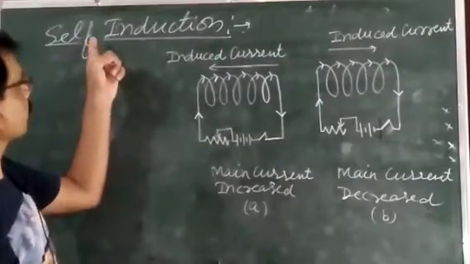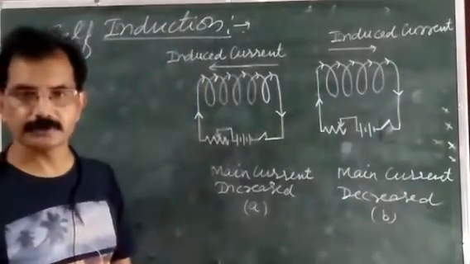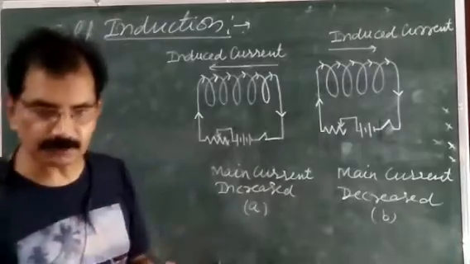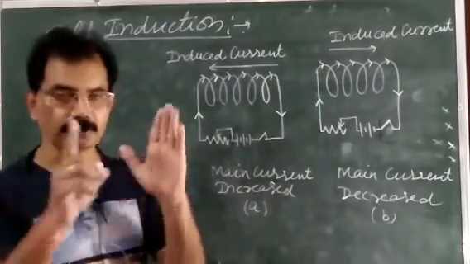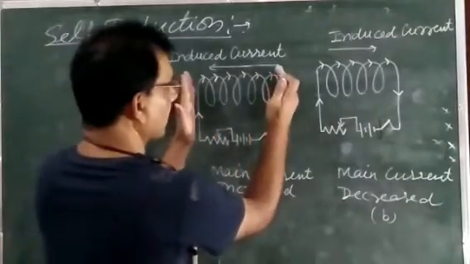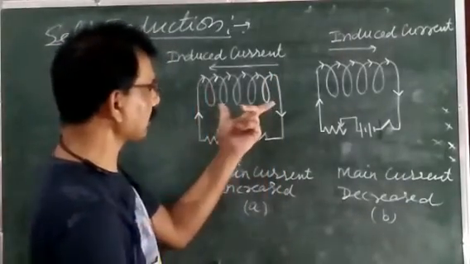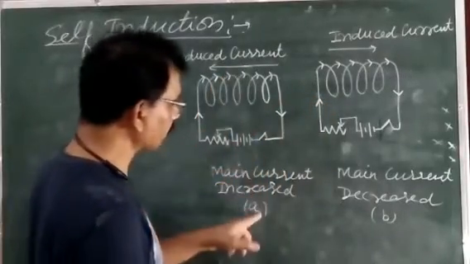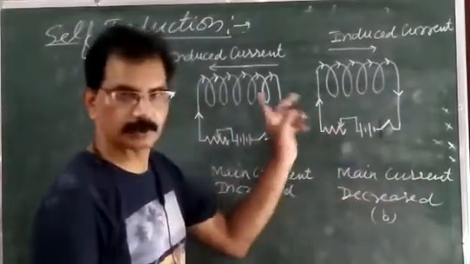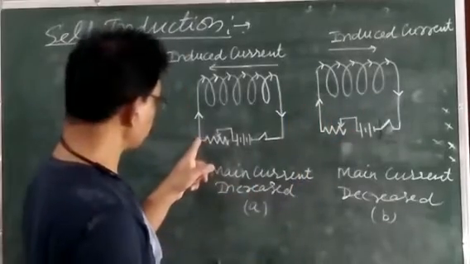Now, the next topic is self-induction. As is clear, self-induction means I will consider one coil only. Suppose this is one coil. Don't think of both coils together here. I am taking one coil, and this is case 1 and this is case 2, two possible cases here. Suppose this is one coil